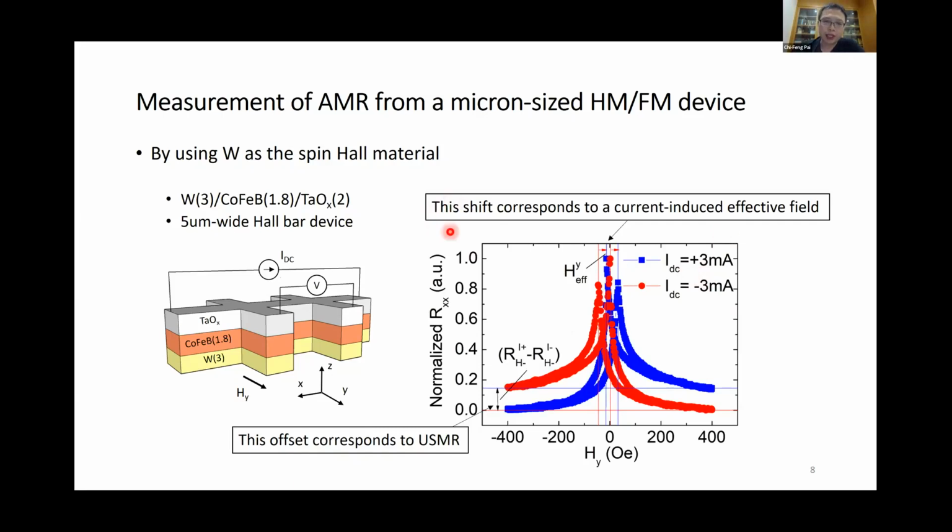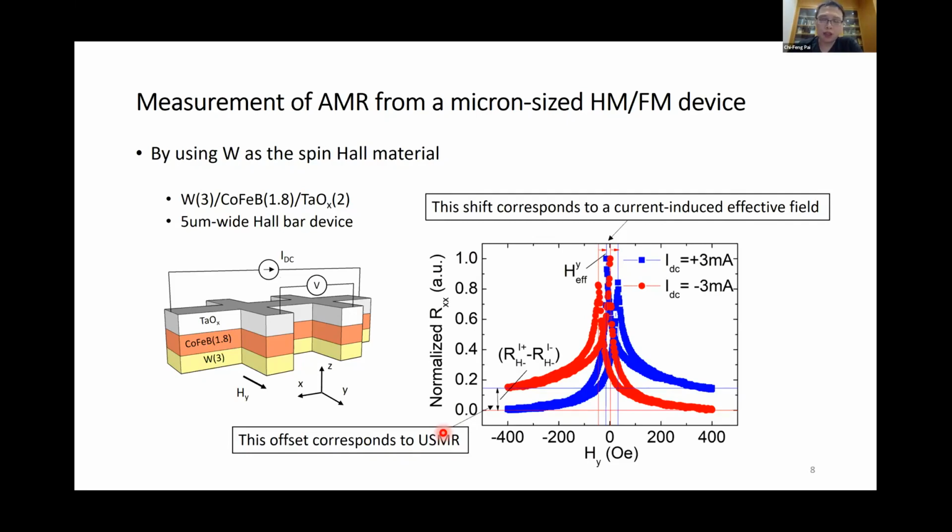And more interestingly, we also found there's a shift that corresponds to the current-induced effective field. When you increase the current, the AMR loop will be shifted more significantly. And this shift in terms of magnetic field is linearly proportional to the current that you apply. And this USMR is also linearly proportional to the current that you apply,